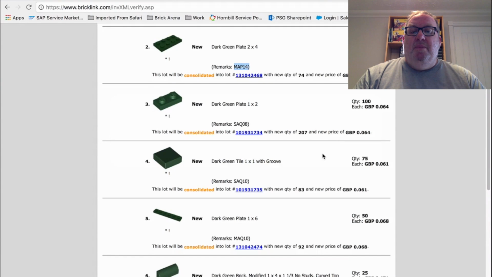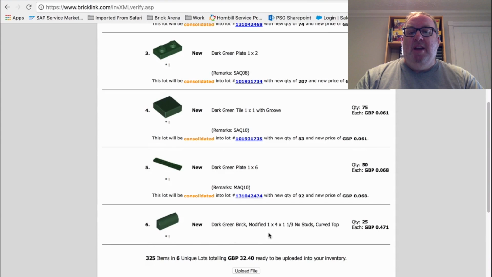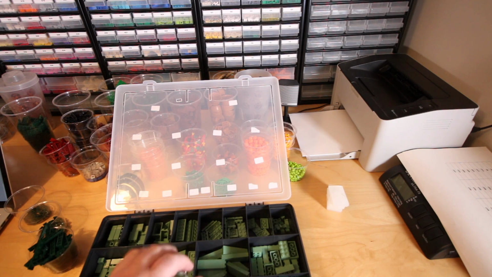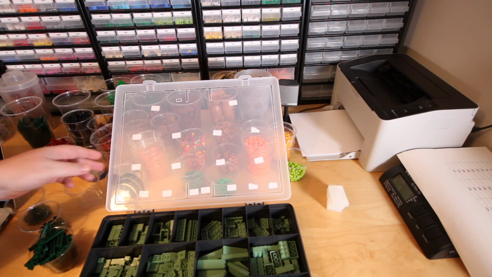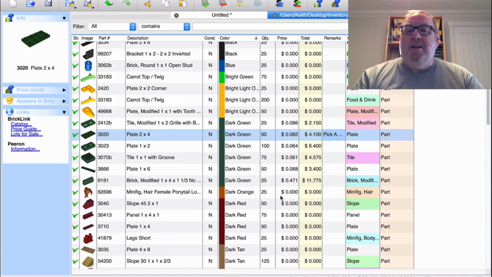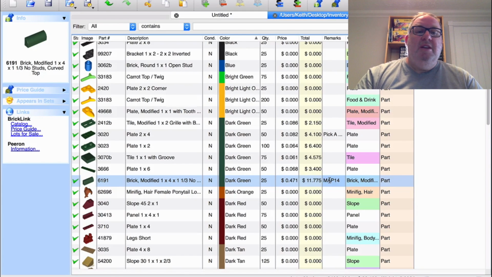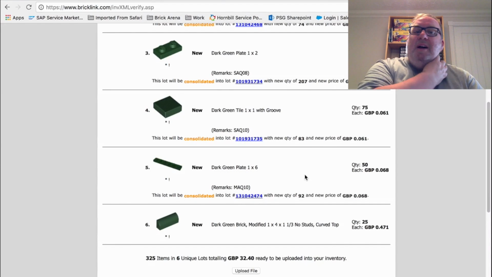Now what we have got down here, what I tend to do is, as I'm making space available, I tend to try and fill it back up as soon as possible. And I can see that there's a part here at line item 6 which isn't going to be consolidated and will need to go somewhere. So I'm now going to put that into storage location MAP 14. So again, I go back to Brickstock, put in MAP 14,